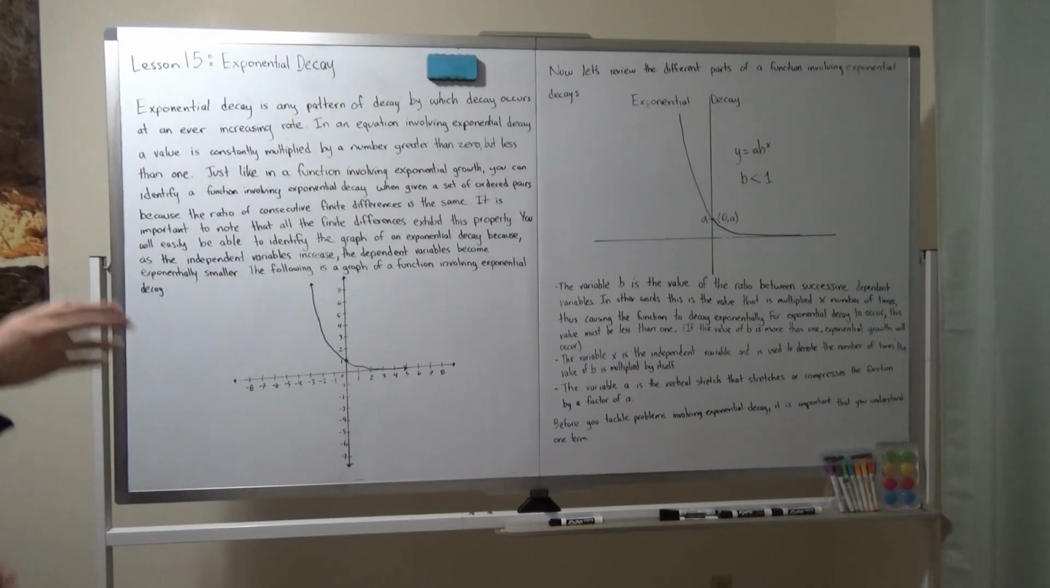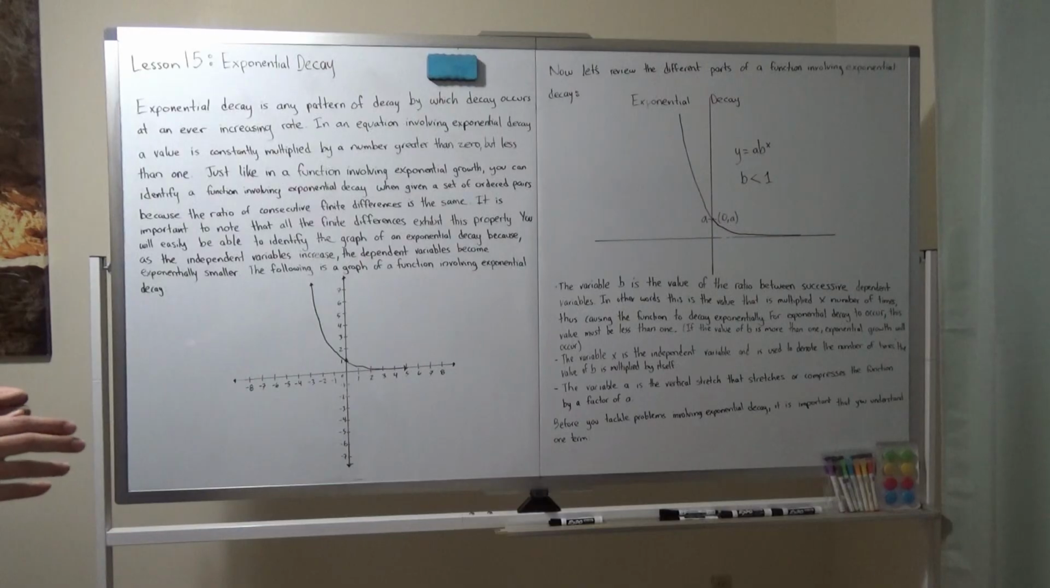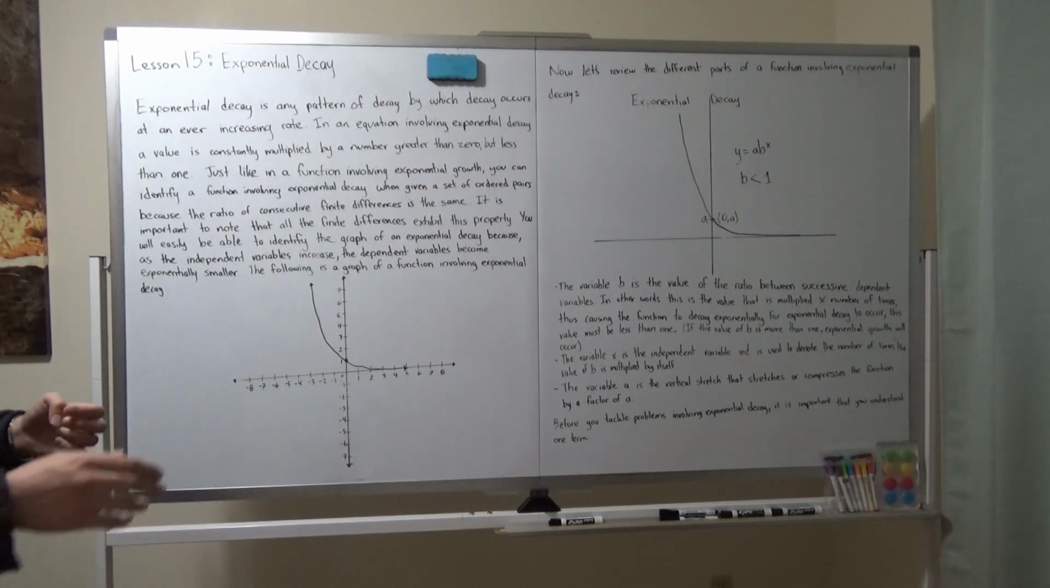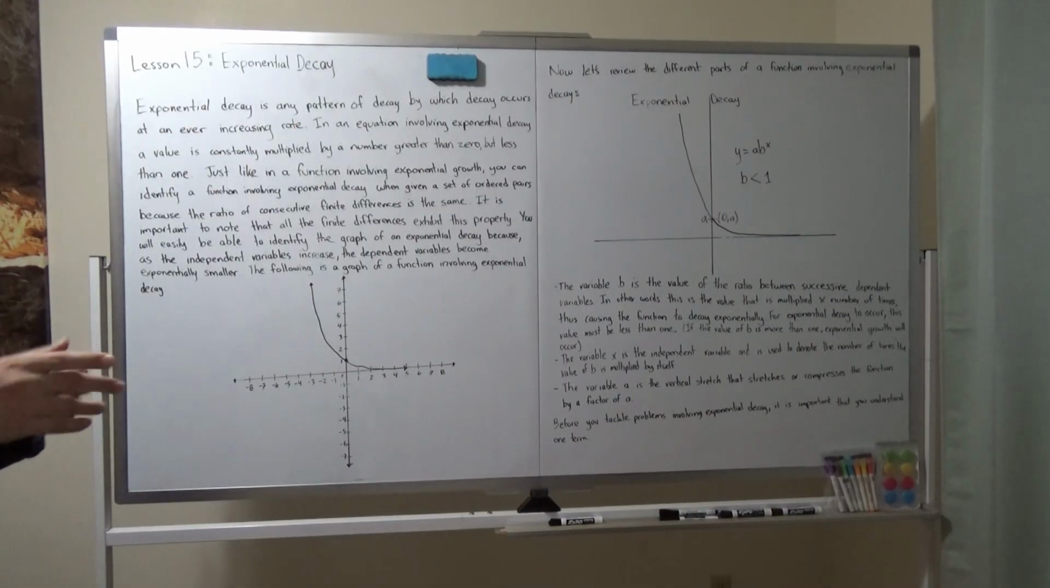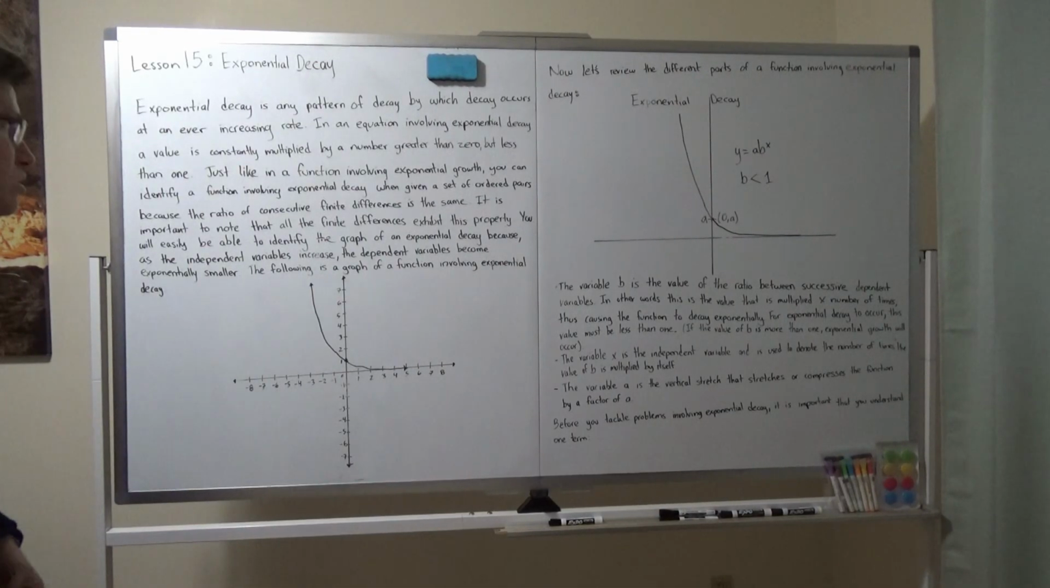Lesson 15, Exponential Decay. Exponential decay is any pattern of decay by which decay occurs at an ever-increasing rate. In an equation involving exponential decay, a value is constantly multiplied by a number greater than 0 but less than 1. Just like in a function involving exponential growth, you can identify a function involving exponential decay